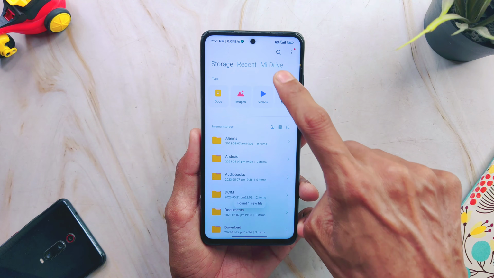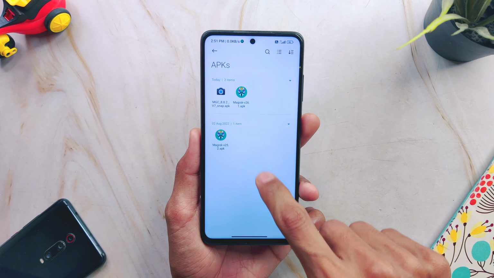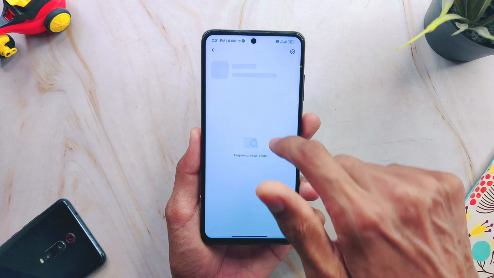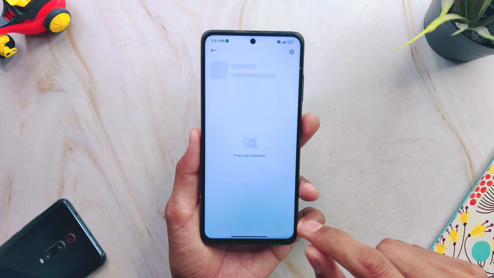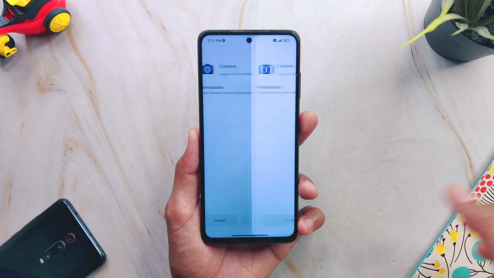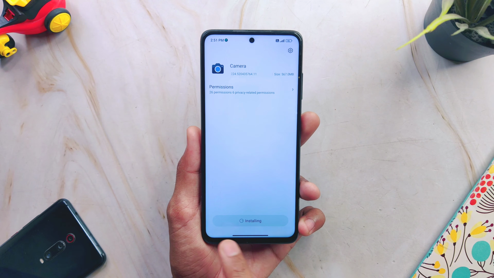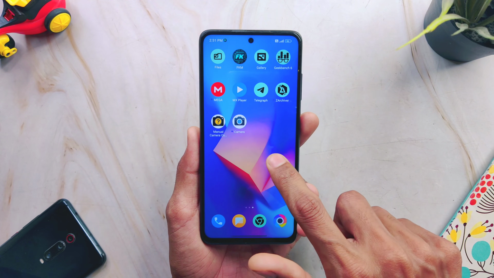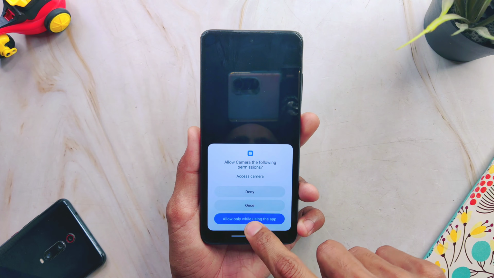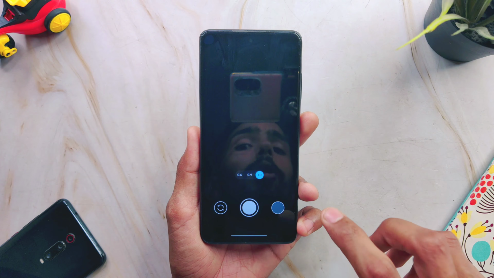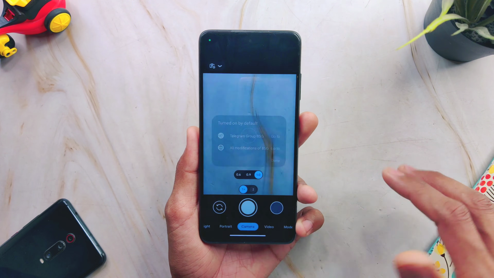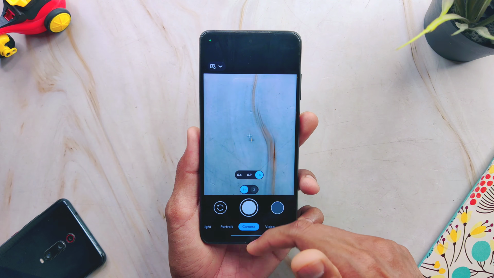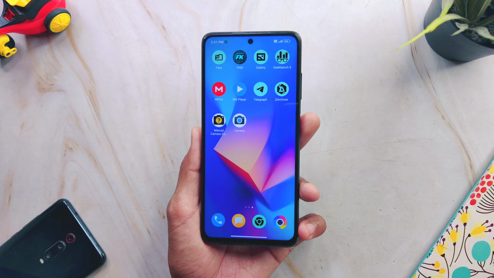Like you can see, here is the Mi file manager for my device, and just click on it and disable internet so it can't connect with the security app, and just click on the install button, and here you can see installation is started, and it will take some time, and then you can use your Google Camera. And here is the Google Camera properly installed on my device, and this is the best method to install any Google Camera on any Android phone.